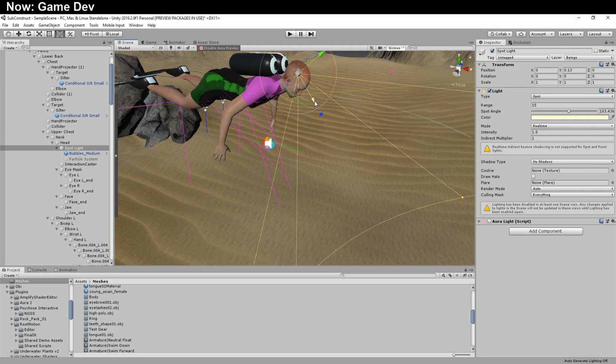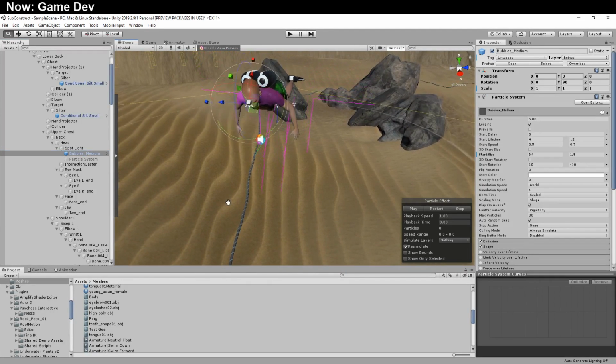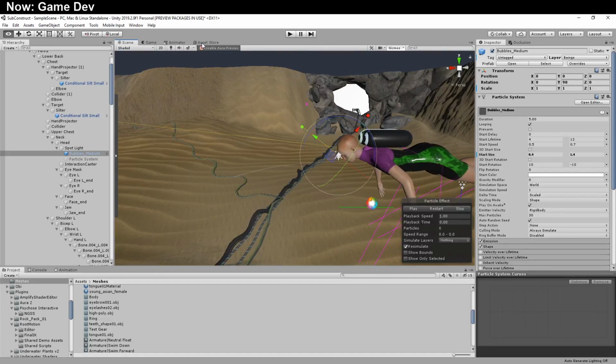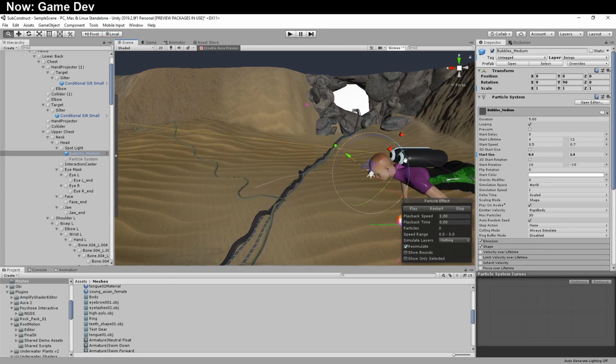So for our light, we'll just place it here. And that'll be better than what we had before. Now for the bubbles, this is all fine and dandy, but the problem is that I want them to move up without having to...